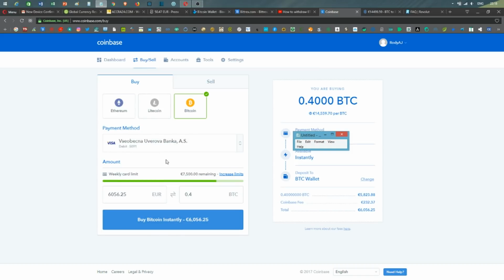If I want to purchase Bitcoin directly on Coinbase, I just press the buy Bitcoin instantly tab, and using my payment method of a credit card, I can buy this currency. I can do it also where I have a payment method defined using a bank account,